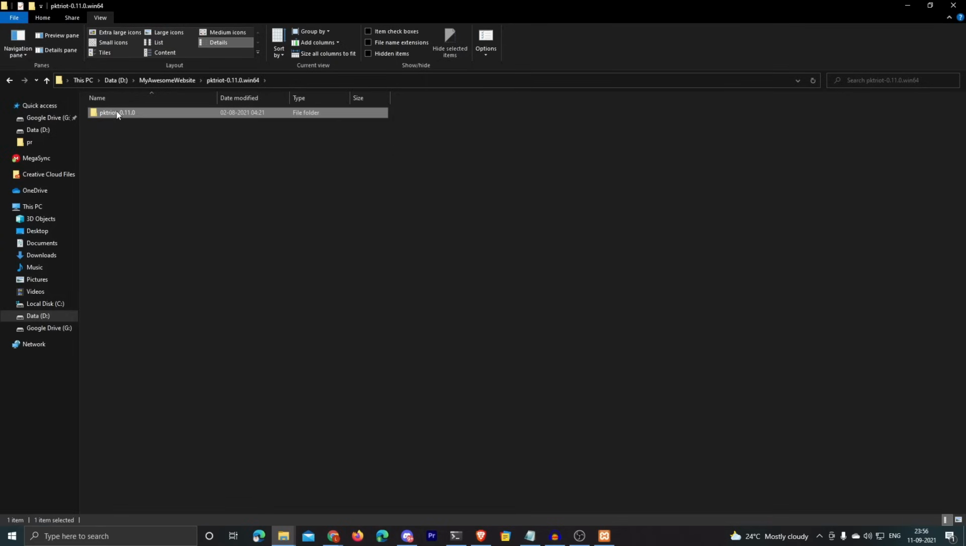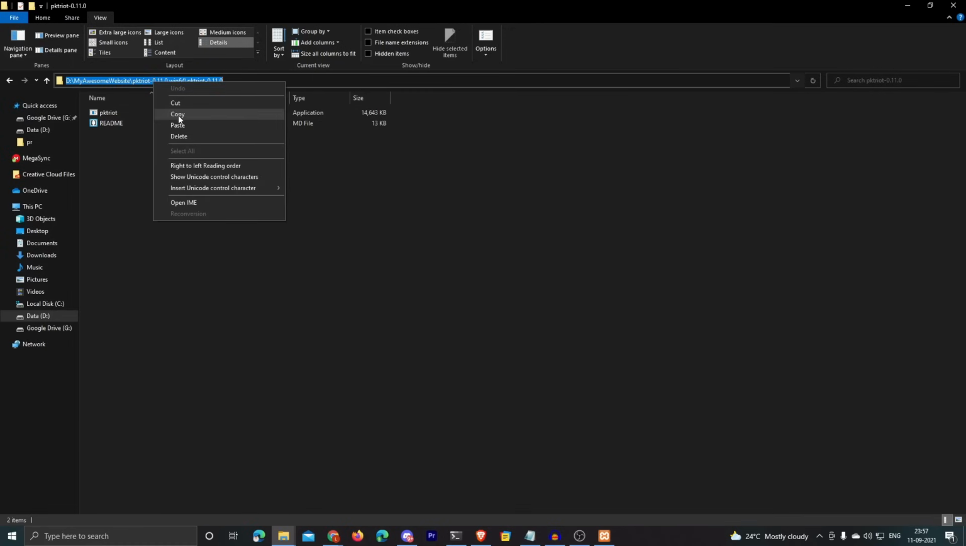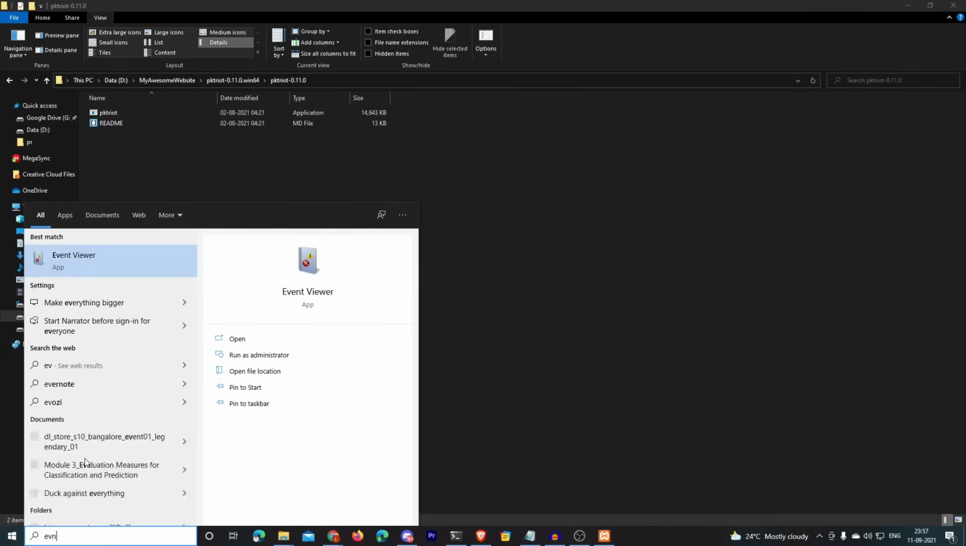And if I go inside this directory, this is the pktriot.exe file, which is the actual tool that we'll be using. Now I recommend you to add this to your path variable so that you can access this tool from any directory. So in order to do that, just select this path, right click, copy, go to your start menu and search for